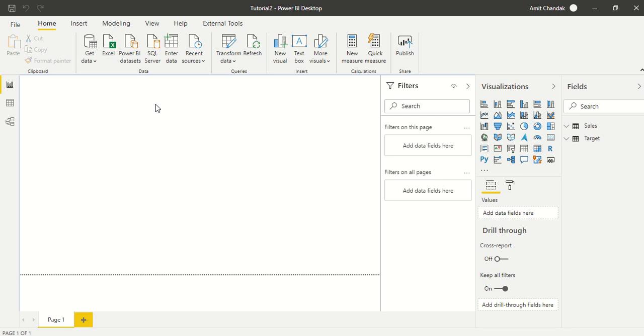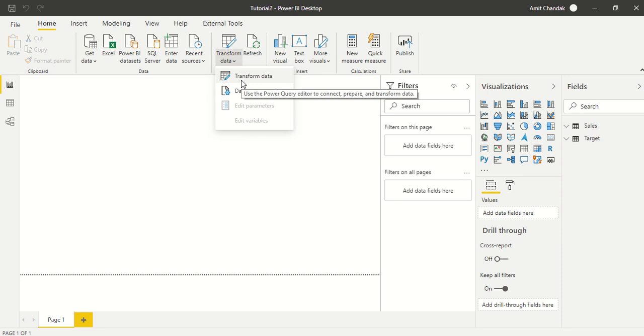This is continuing our tutorial which we started last time. Now in this tutorial we do some transform data actions, and we go to transform data, also commonly known as edit query mode.